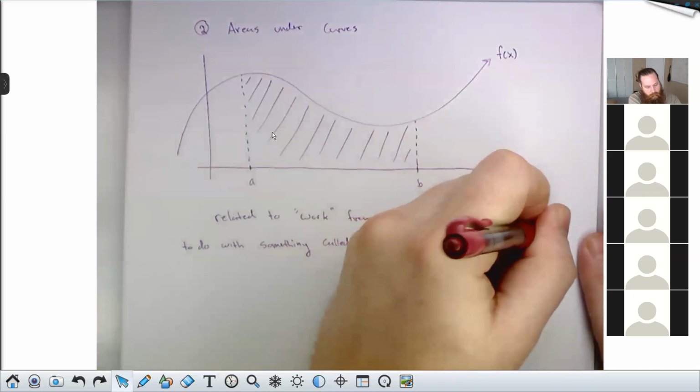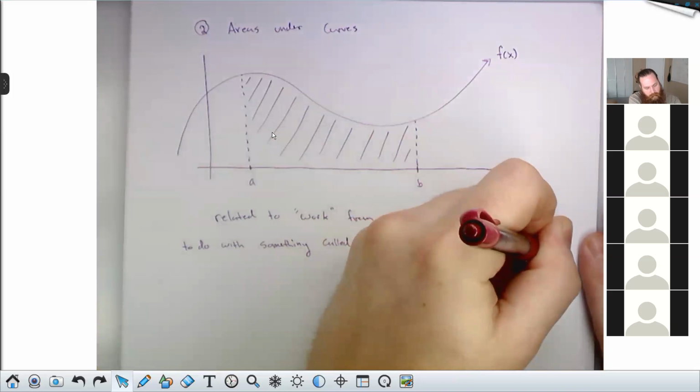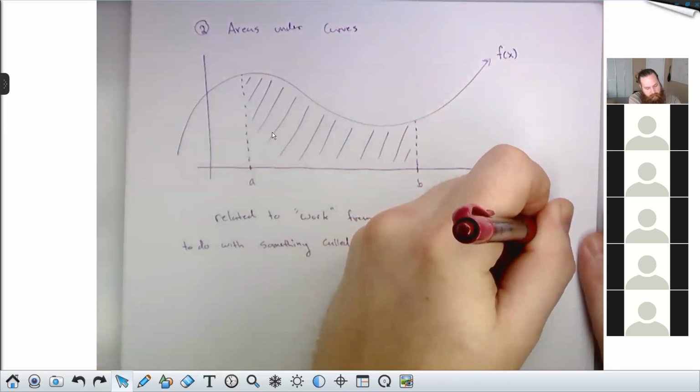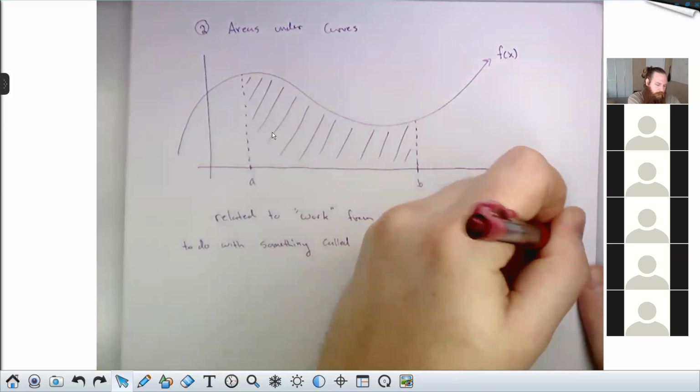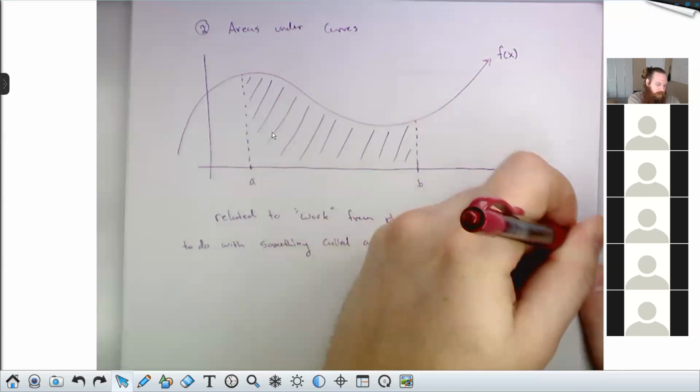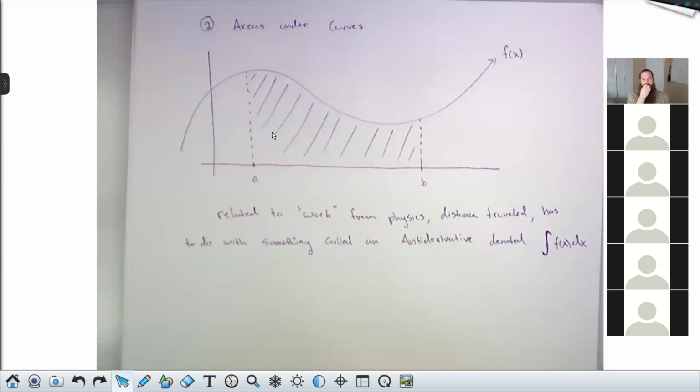And the notation we use for that is this big, long, curly S with your function inside, and then this symbol dx at the end. So those are the two main objects of study. It turns out that finding tangents is a lot easier than finding areas, but we're going to be able to do both by the end of the semester.